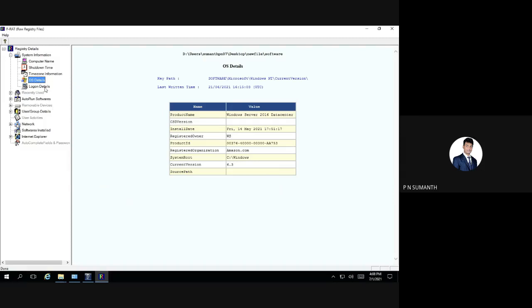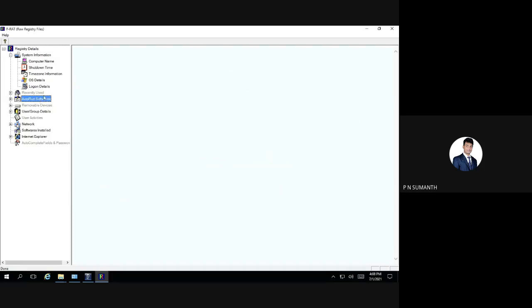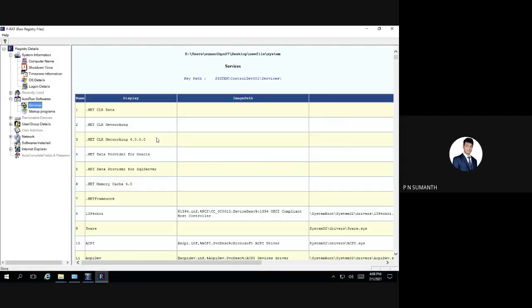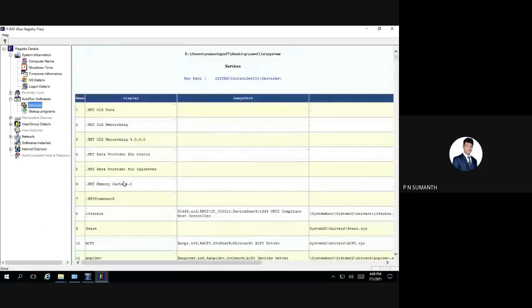All the particular files will be here only. In logon details, right now it is already logged in and currently used. You will get different details in a system since you are using it live, but since I am using it through console, this option is not available. And there is much more information about the services which I am using in my computer: all the services, Apache servers, everything will be there.